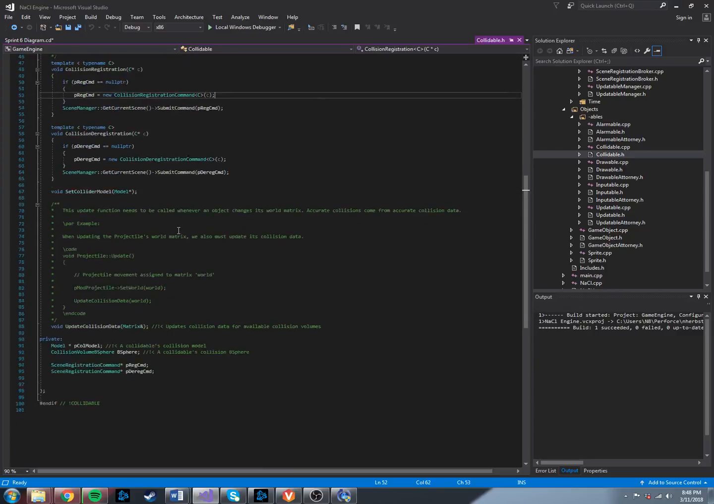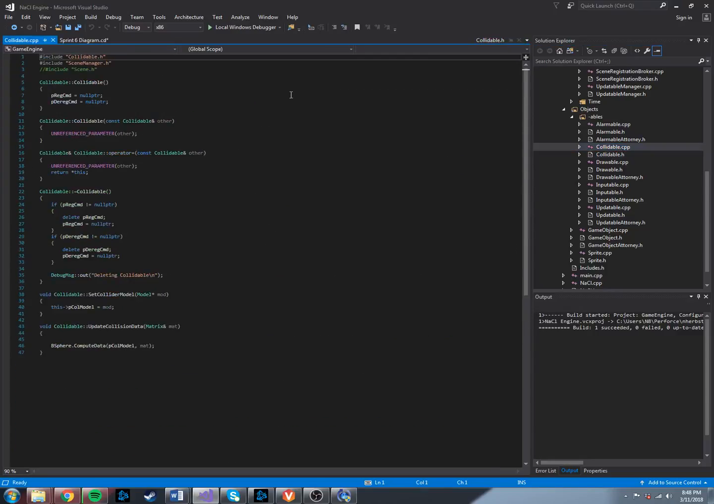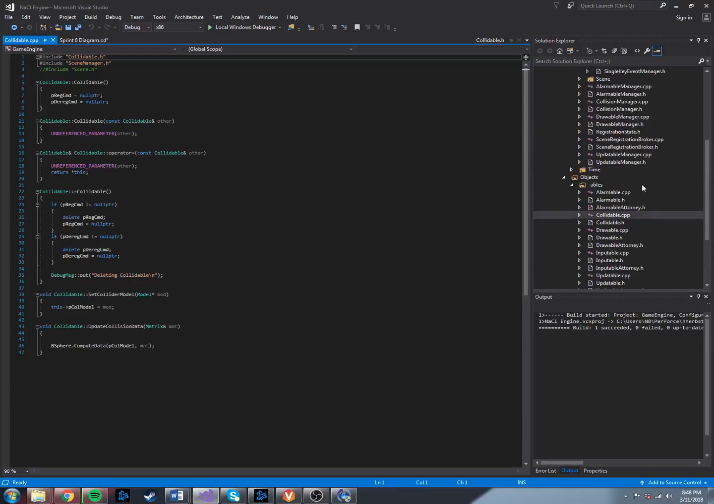Set collider model, all these very important. That's the header. And then this is the very short CPP file. Here it is. If we jump into